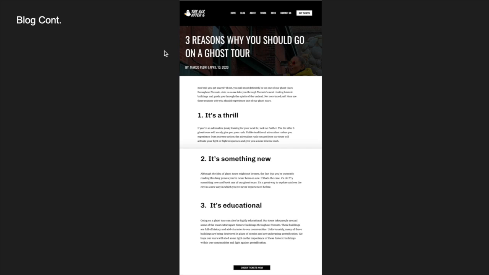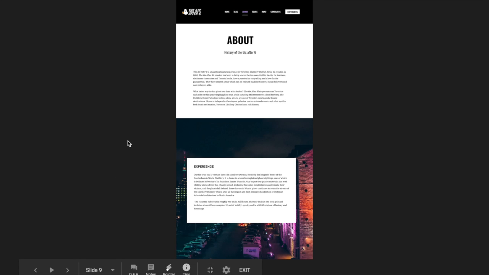Moving along, we get to our About page. A lot of the elements of design that we'll be talking about seem repetitive, but it's just to keep the overall idea of our brand cohesive. So once again, the typography being used is a sans serif header with a serif font for the body. Our About page basically talks about our past history of how we came about as the 6 After 6 and what guests will be experiencing once they try out our tours. It's just, once again, utilizing the contrast between the black header and the white negative space of the background.